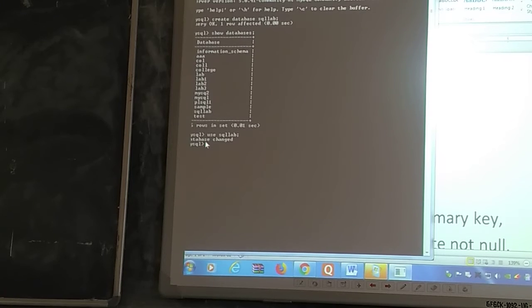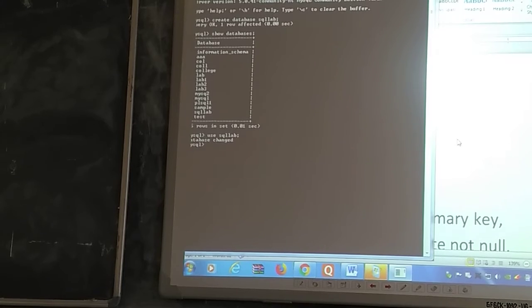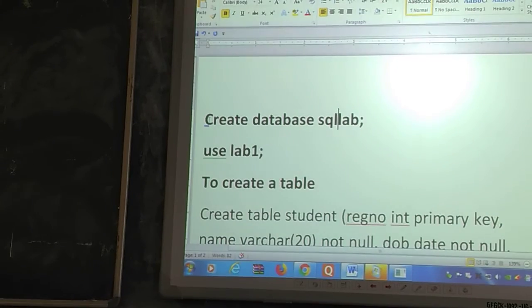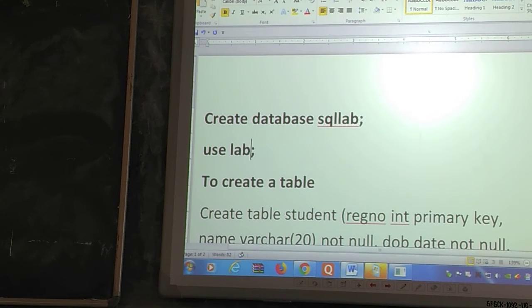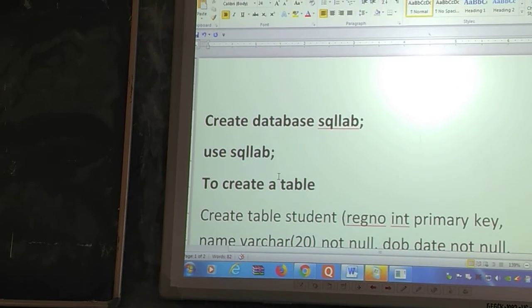Here you will not see any other outputs other than the statement. The statement will be database is changed. So you are inside the SQL Lab now. To create a database, we use create database name, and to go inside the database, we use use SQL Lab. So here our database is SQL Lab, use SQL Lab.